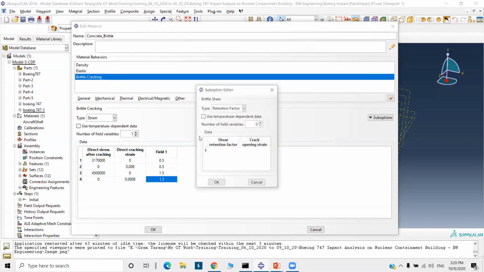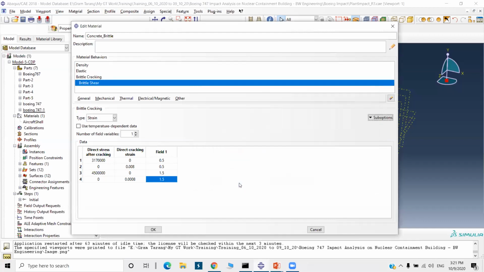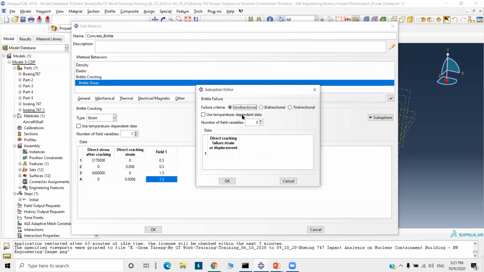The option is brittle shear. Again go for brittle failure, unidirectional, with displacement as the direct cracking failure, 0.002 strain.